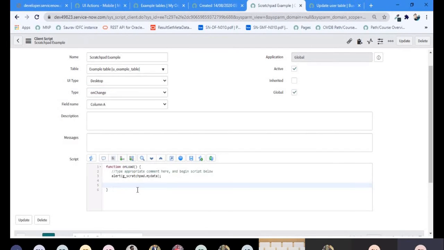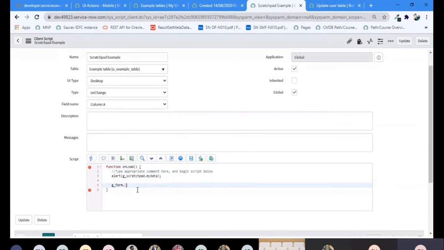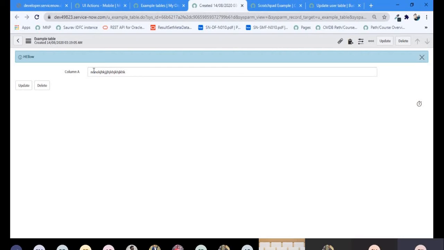Now, important thing is that we are having a G_form object in ServiceNow. Most powerful object for the client part. For example, what kind of power does this G_form give us? I want to make my column read only. I want to make my column editable. I want to make my column mandatory. I want to hide my column, right?